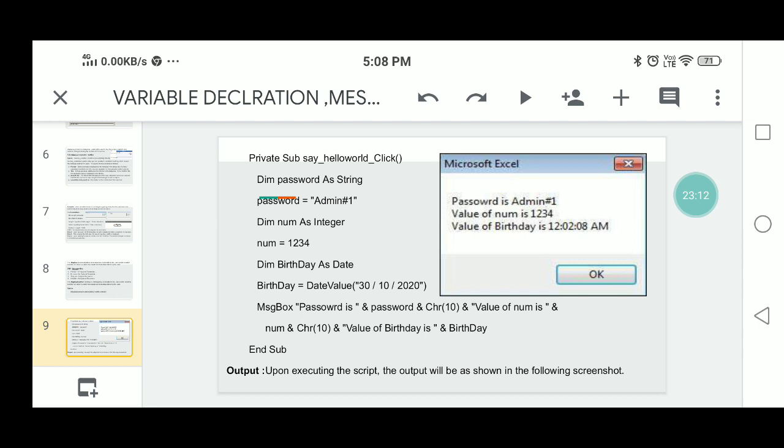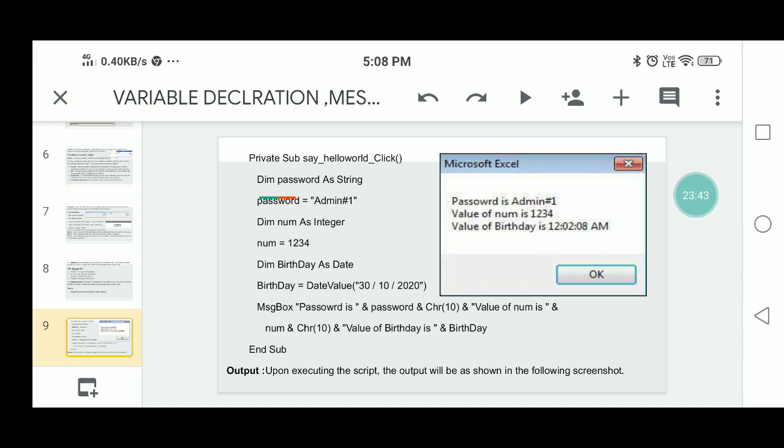After that it will print the birthday of the concerned candidate. These three are printed on three separate lines. Why? Because after printing the password you can leave 10 places, and after printing the num value it will give 10 places. So it will leave 10 places and also print the birthday.